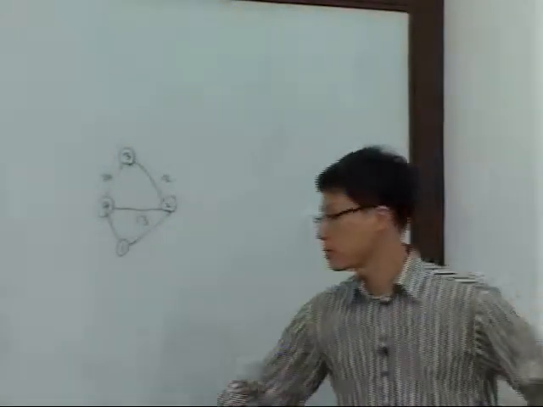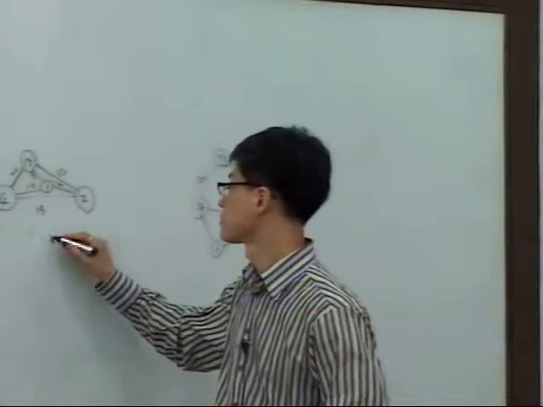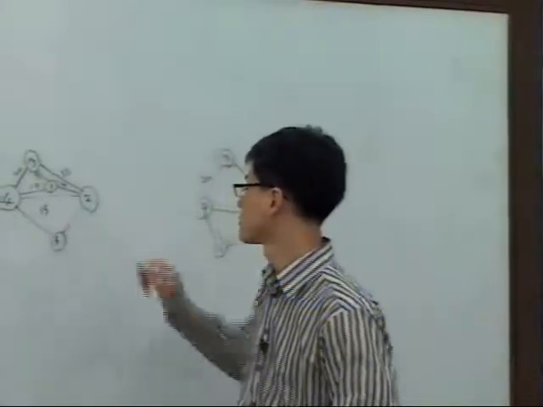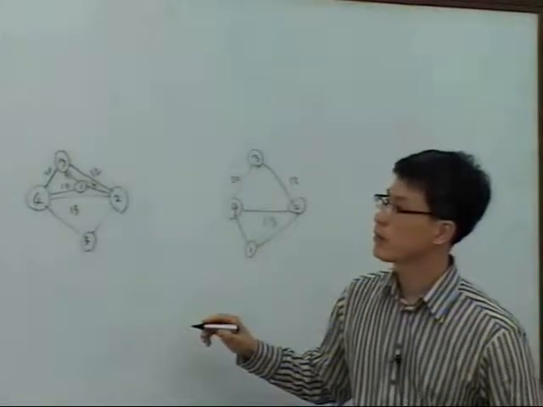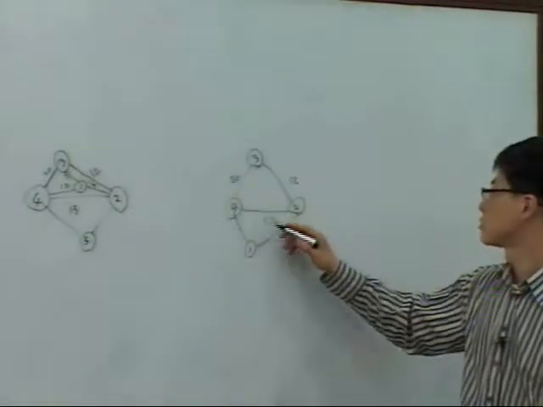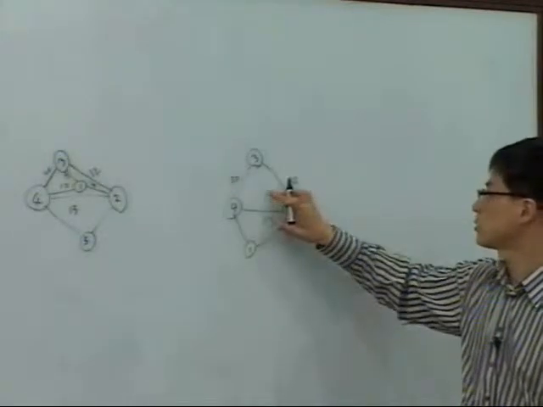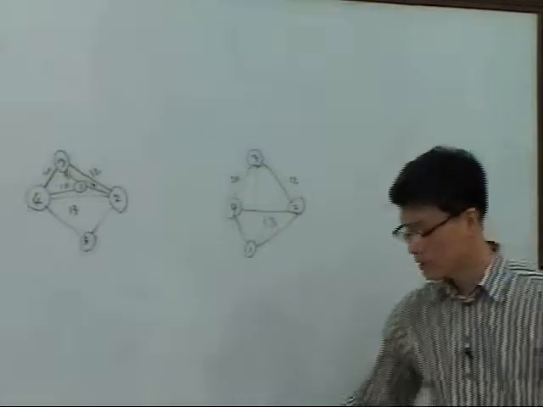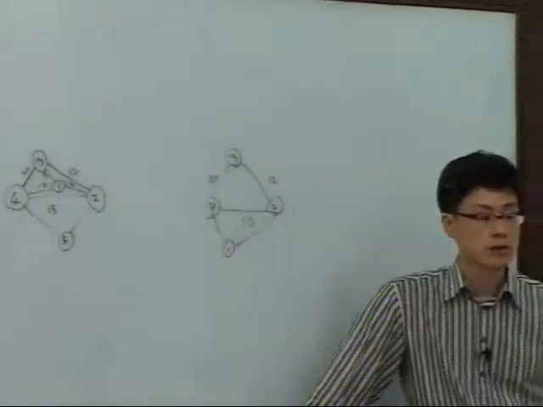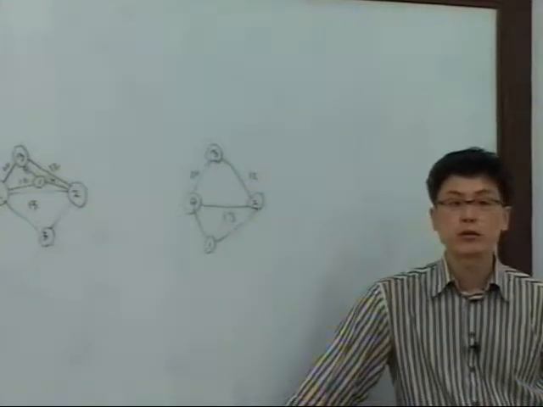Since there are many possibilities, it has 4 and 2. Could be here, could be here, could be here, or